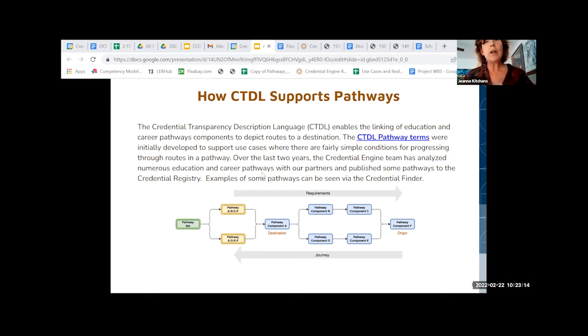What we have been doing over the last, as Stuart said, I lose track of time, but at least 3 years now, is spending a lot of time analyzing these kinds of pictures and converting the concepts of them into the CTDL so they could be used by systems and applications and depicted with visuals of what they look like. This picture is just aimed at giving the idea of what the components of a pathway are and how they all link together.